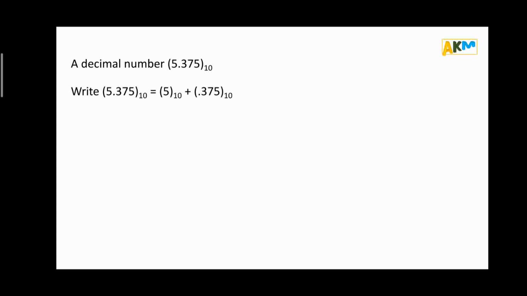So we know how to convert an integral decimal number to binary number, and we also just learned how to convert a fractional decimal number to binary number. So just convert this aside differently, like 5 aside and 0.375 aside, and then what will be the result? Add both, then we will get the binary number for this 5.375. Let me give you a simple overview of what we have learned.